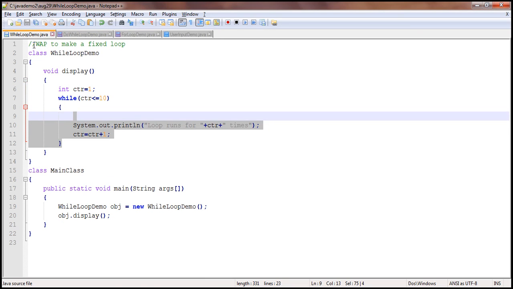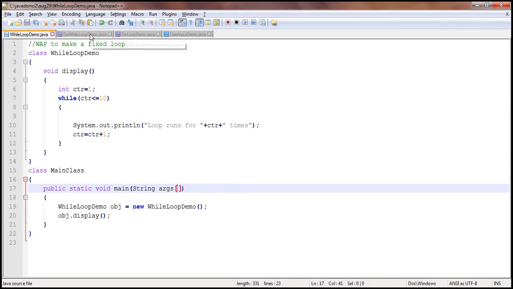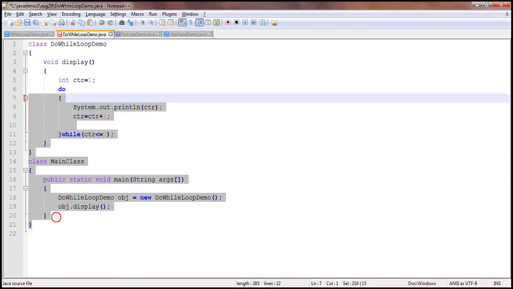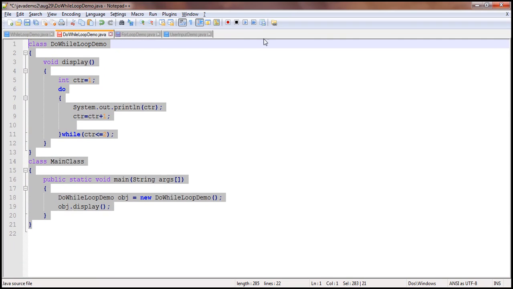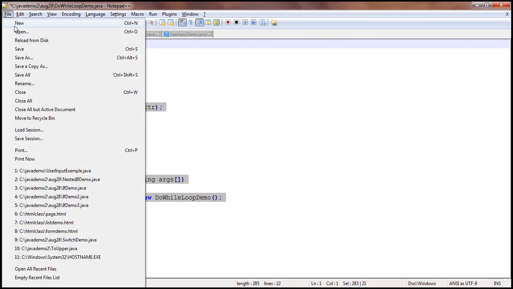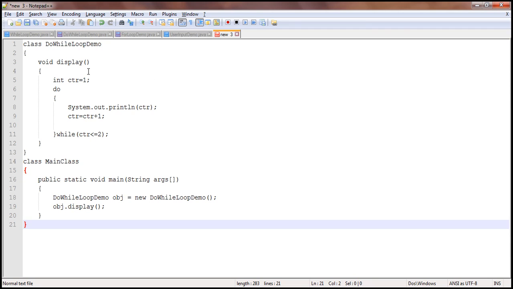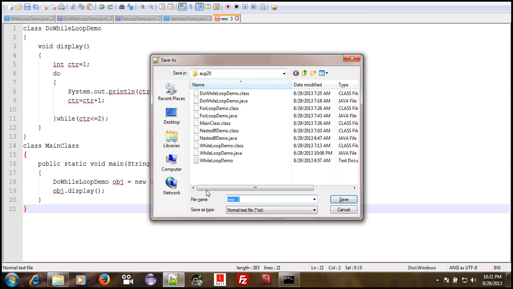I'm going to take a value from the user, say with a while loop or for loop, where the loop is going to run again and again. So for that I'll take this while loop over here. So let's make a new program. I'll just copy this over here and I'll save it in the form of variable do while loop. I'm taking a very long name for the Java class,